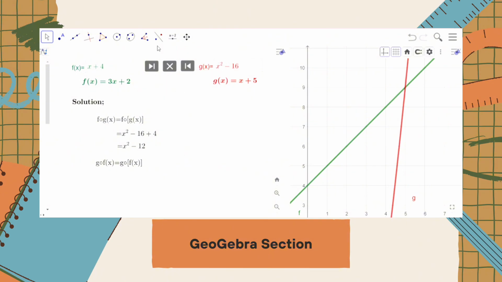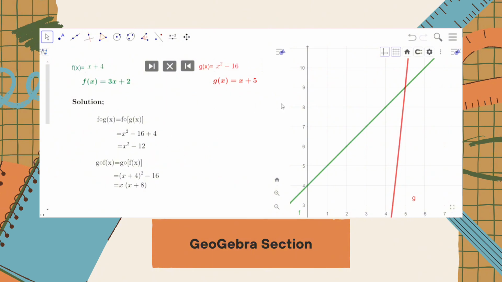So it will become (x + 4)² − 16, and the answer will become x(x + 5). So I hope you will understand this